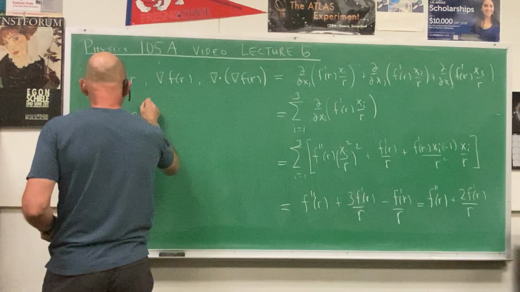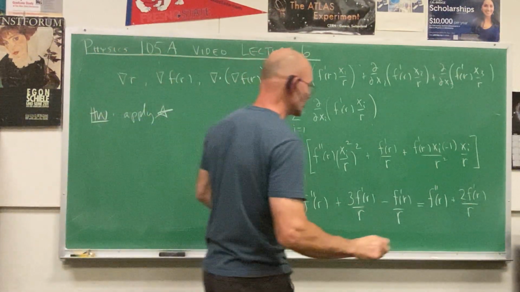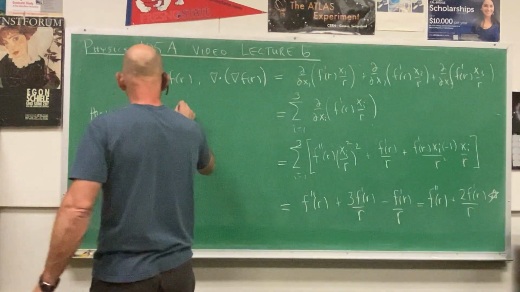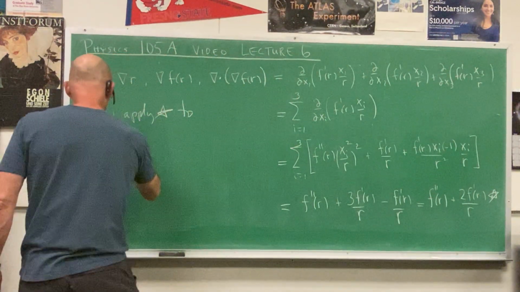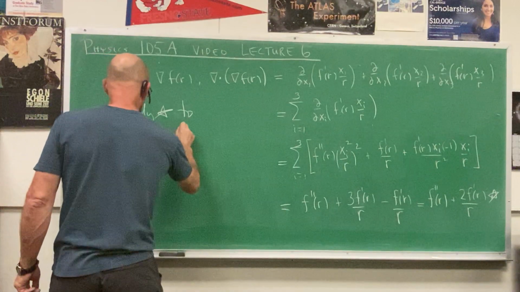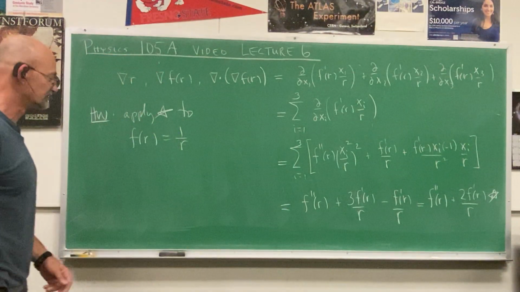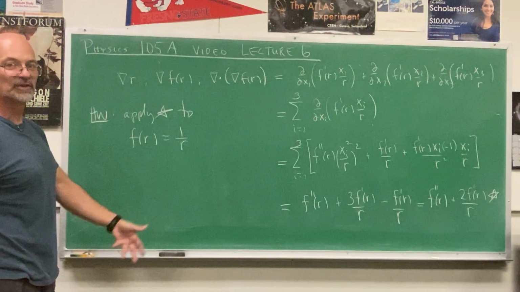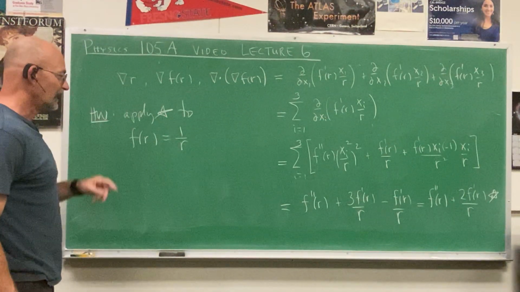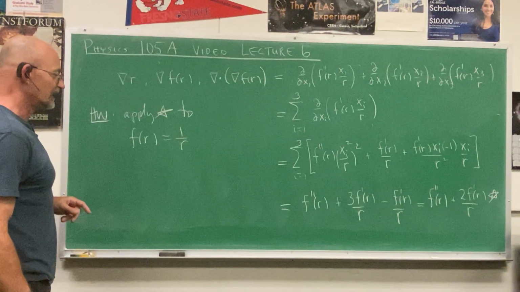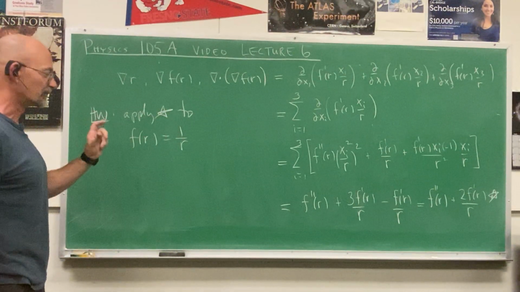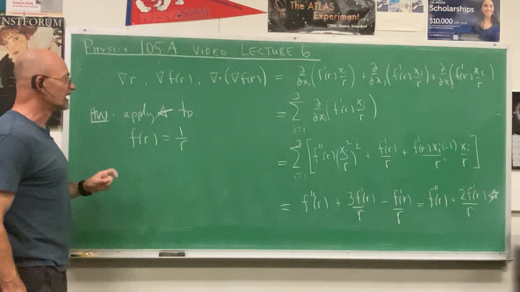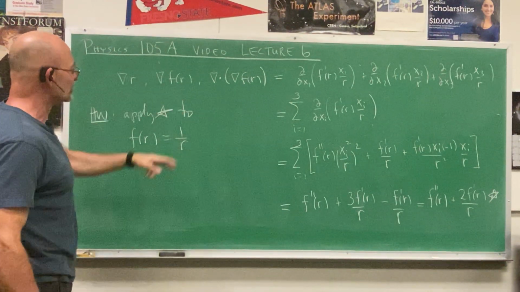apply this formula here, star, to f of r is equal to 1 over r. Okay? That's very important. That's the Newton potential, the Coulomb potential, okay? And you're going to find, interestingly, that the thing vanishes, but it's a 0, but it's not just any old 0, okay? When we end up looking at del squared of 1 over r,